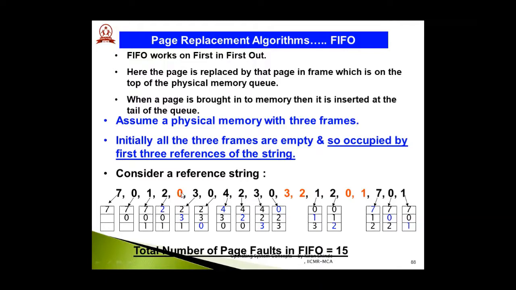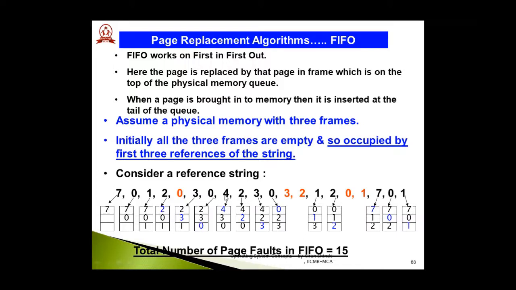Now moving further, for 0, there is no need to replace, because page 0 is already there in the physical memory. Let's proceed further. For 3, which page should be replaced? If you go in sequence, recently page 7 was replaced with page 2. So if you follow the sequence, next is 0. So page number 0 should be replaced with 3. Again, moving further, the next element, 1, comes in, and 0 is brought into memory and 1 is replaced.